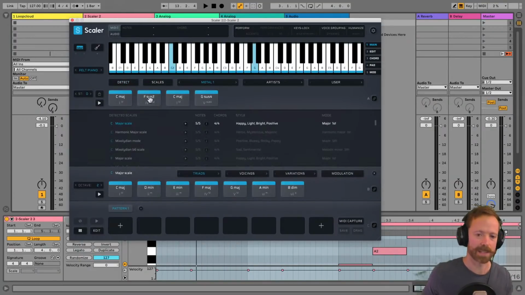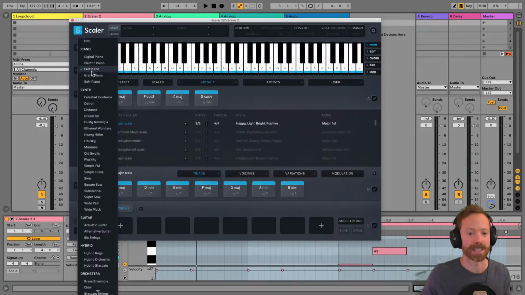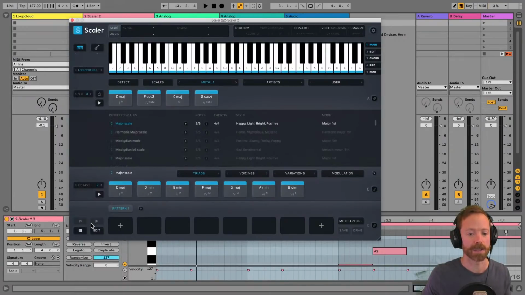If any of you have seen David's video, he's using Scalar to trigger an awesome guitar instrument, like a rock guitar. I think it's a Kontakt instrument, and it sounds completely amazing. But I'm just going to use it here to play the acoustic guitar within Scalar.